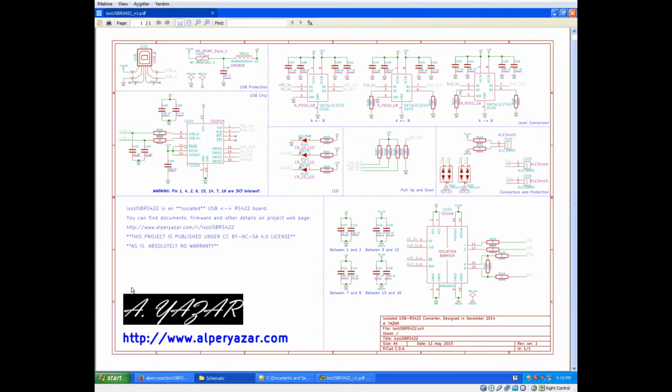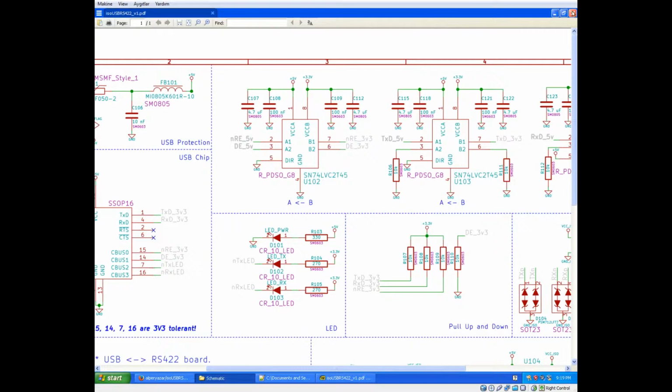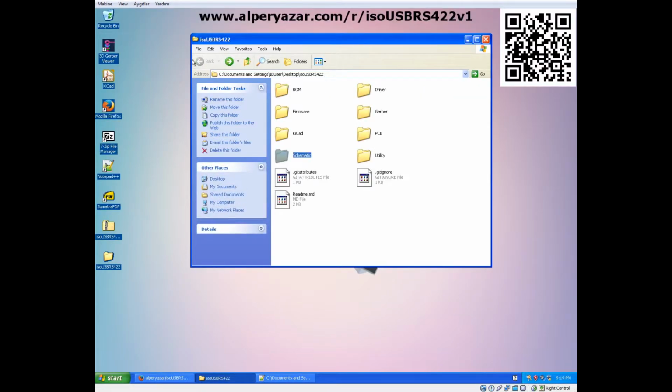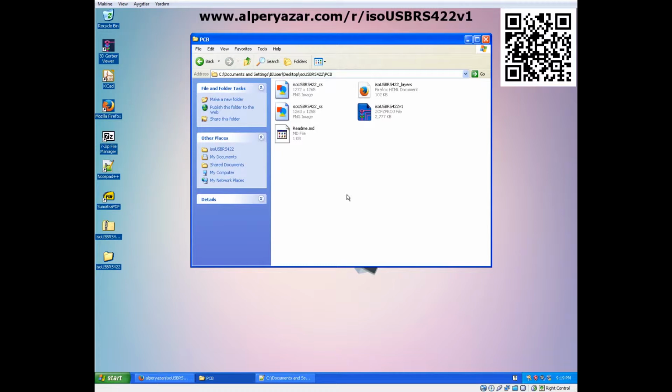Schematic is a single A4 page, and you can study the schematic by using this file. Let's look at the PCB folder.